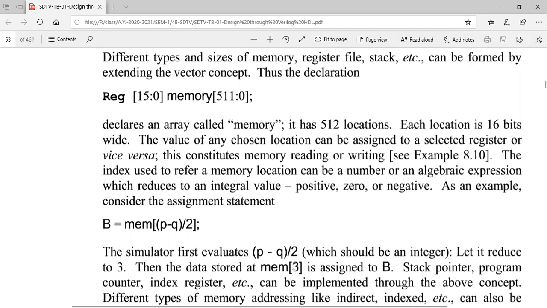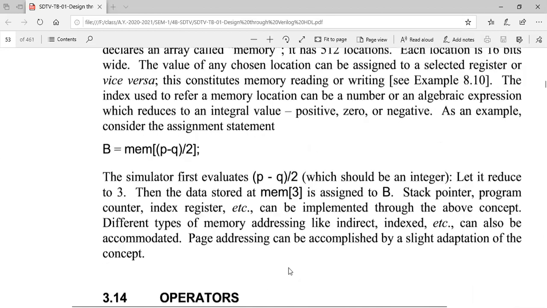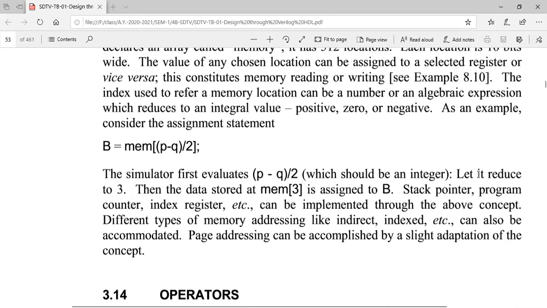One thing we have to remember, the number we get here should be an integer, a perfect integer, right? Only that will be specified. I can't call memory 3.2, right? How can I call it? I have only memory location 3. I don't have a memory 3.2 location. Okay, do you get it now?